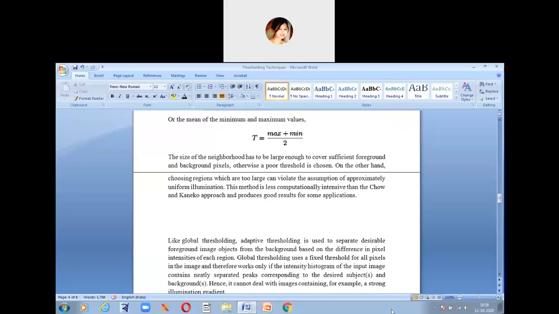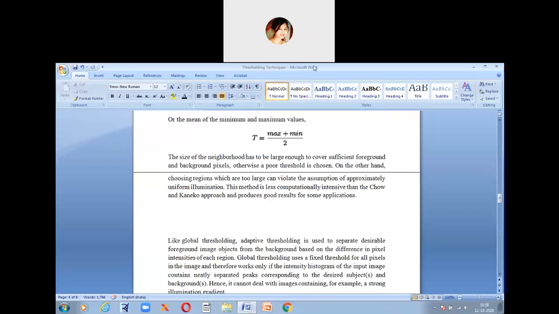Local thresholding is used to calculate the local threshold of the neighborhood of each pixel in the image, and these are the functions you use for it. Also remember, you can't choose a very small value or a very large value; you have to choose in the middle. Taking all these things into account, you calculate the adaptive thresholding.